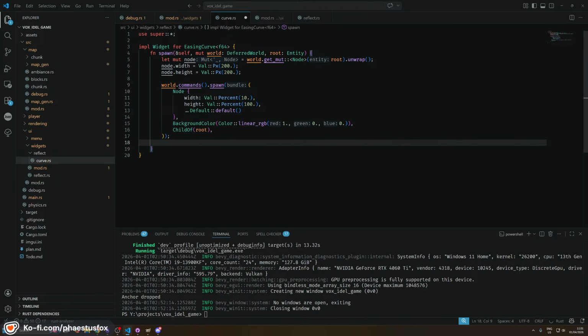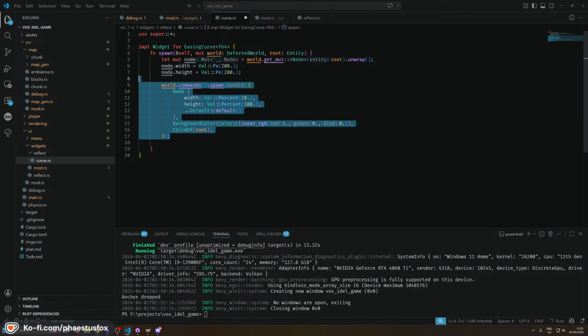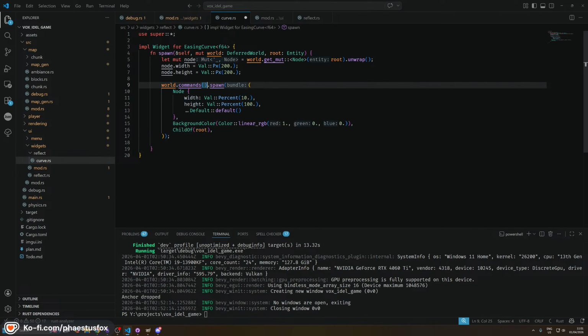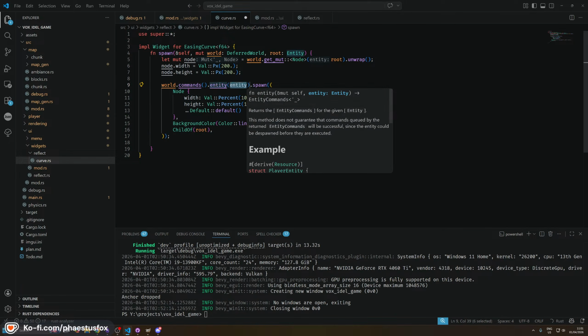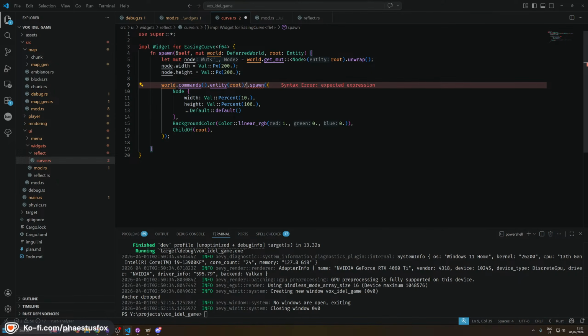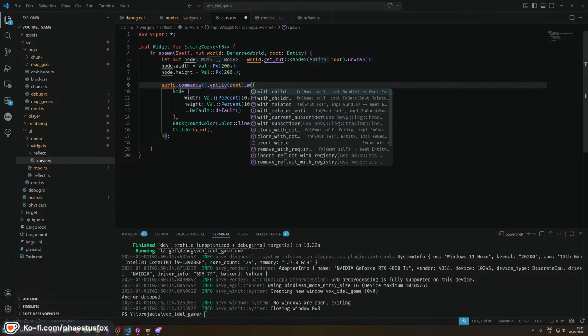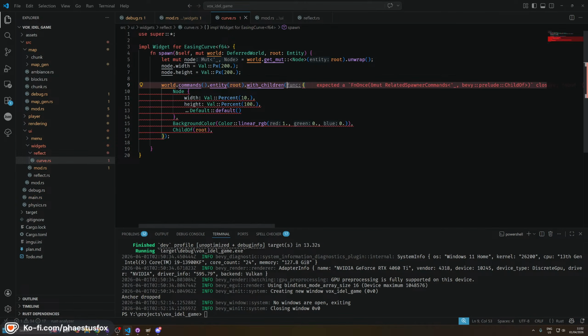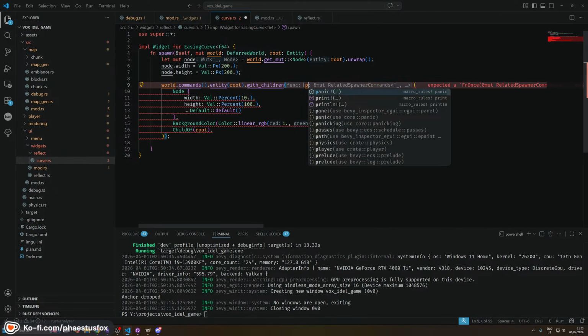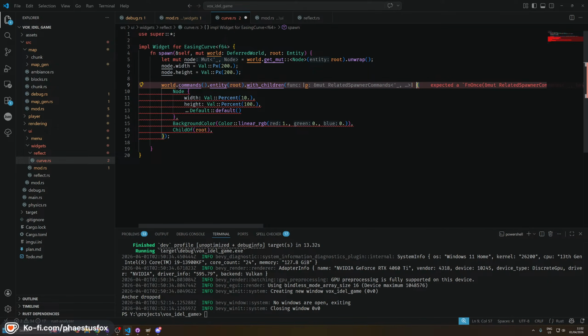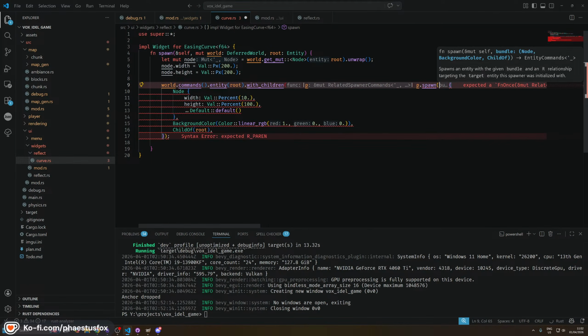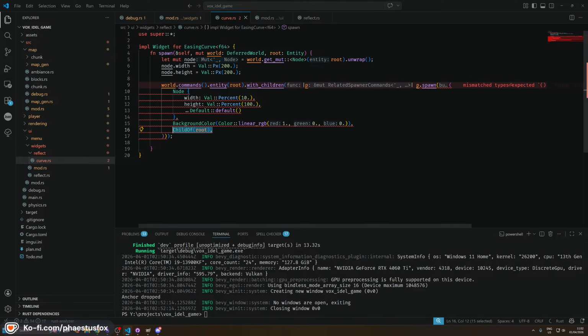Then we spawn this in, and then it might be smarter to go commands dot entity root dot spawn with children, and then this takes in a func that is p, and then it's p dot spawn, something like that. And I don't think you need the child of,